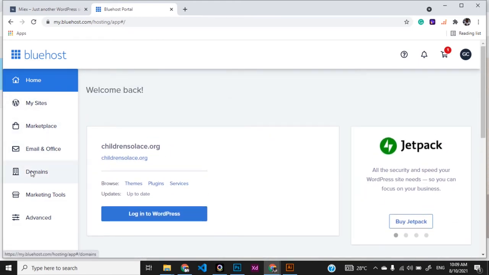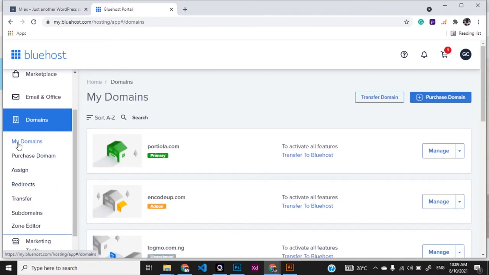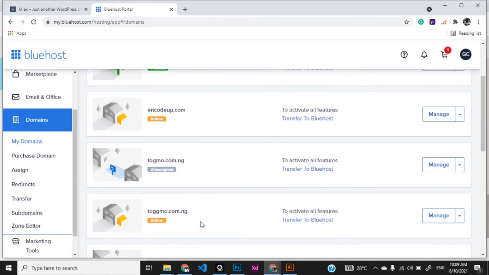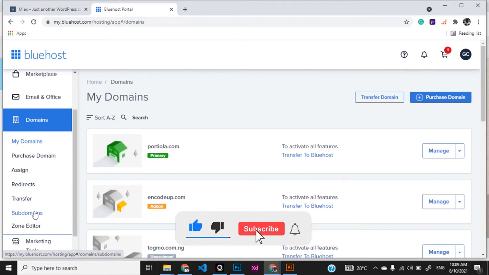Okay, so in this section, we would have to see different things about domains. You see your domains here. For me, I have many domains here. All right, so for yours, you should be seeing just the primary one you've bought. And here you can also see different features here, how to purchase, where to purchase the domain, where to assign a new domain, where to also make your redirects, transfer, create subdomains, and the zone editor. Well, what we're concerned about in this very class is to learn how to create subdomains. So just click this,